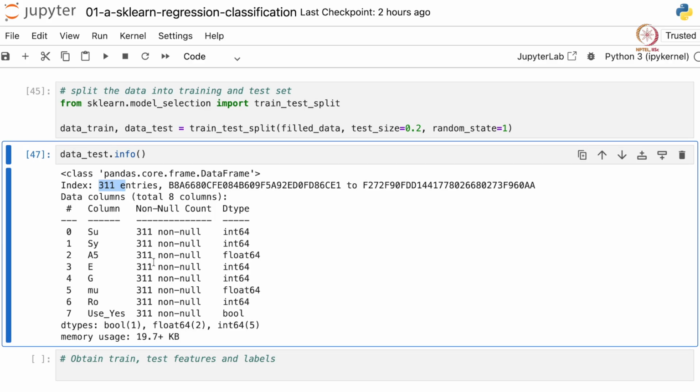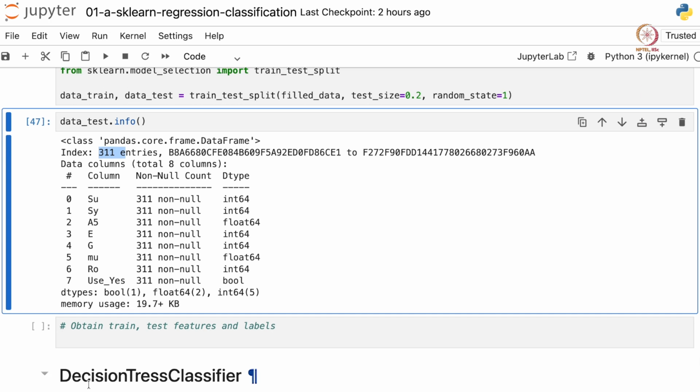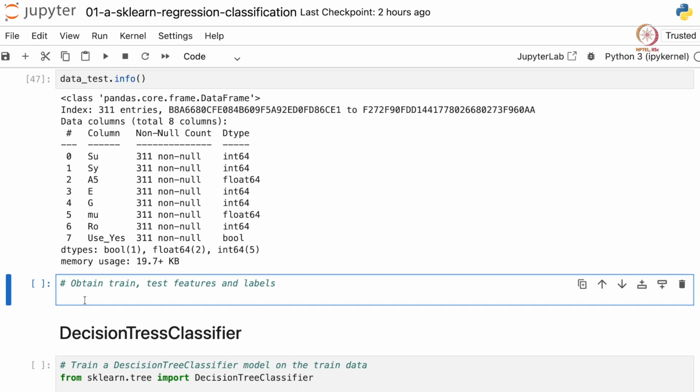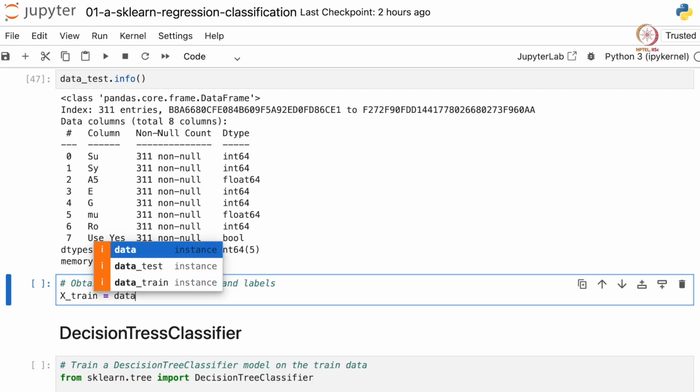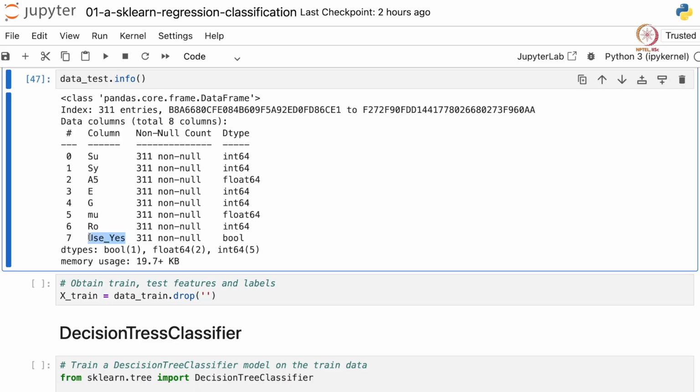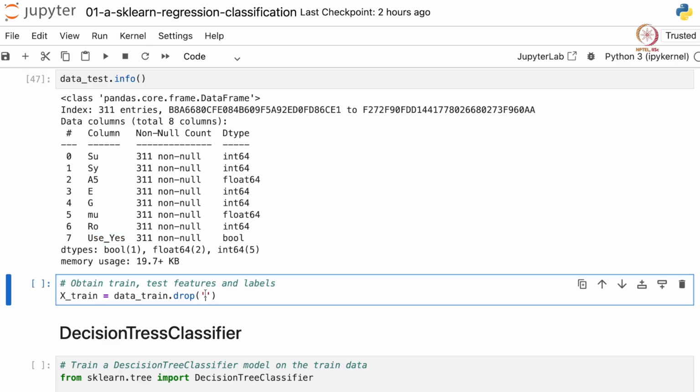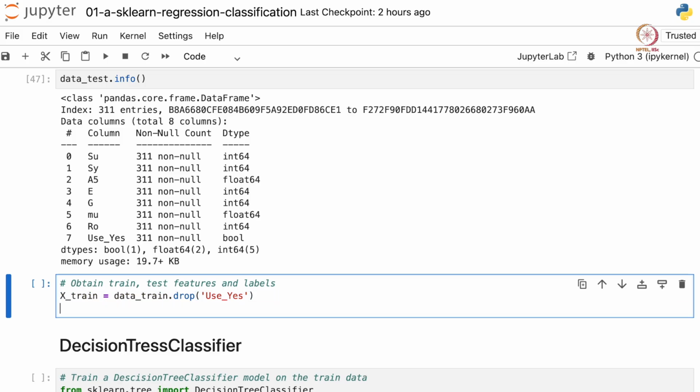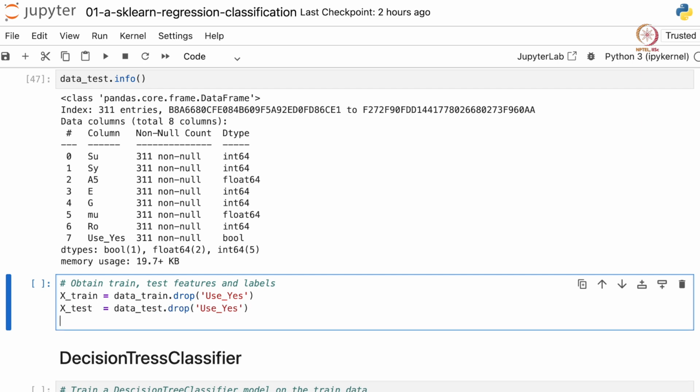Now we have to separate the training features and the labels, so as done previously. So let's use xtrain for training features, and we say data train dot drop. We just want to drop the use yes column because all other columns are our features. And similarly for xtest, we just use the data test. So let me replace this with test, and then we want the y values.